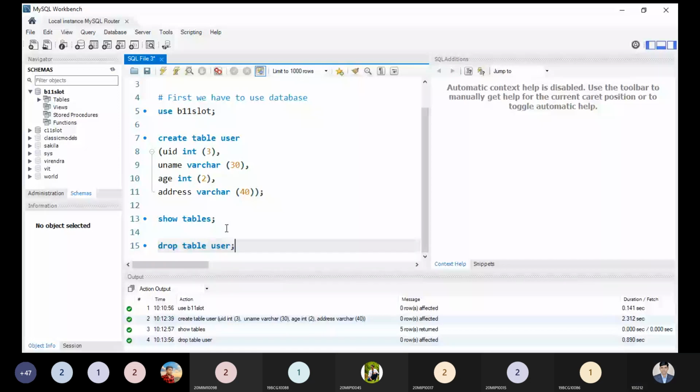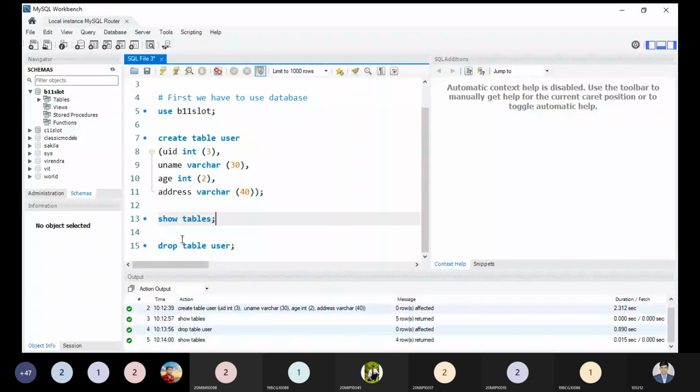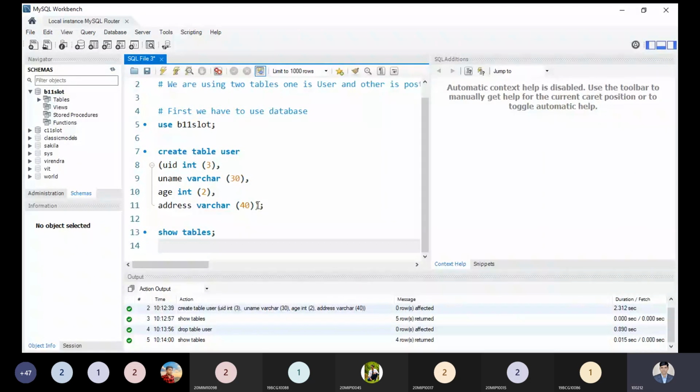Now let us understand this information over here. I'm making my user ID a primary key.